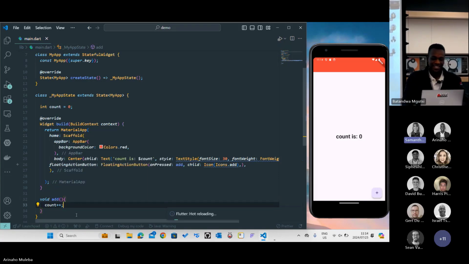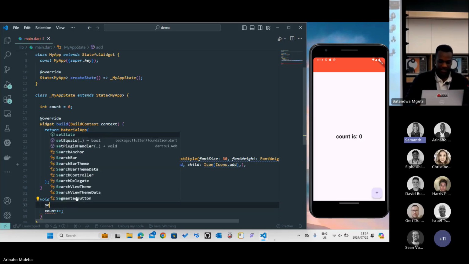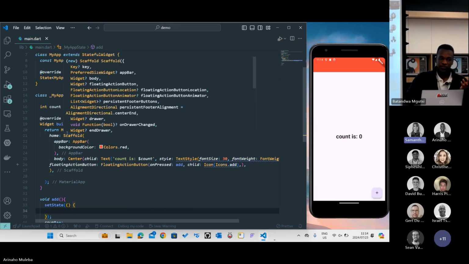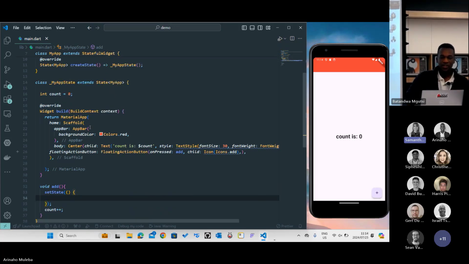But it's not as simple as that. The stateful widget gives you a method called setState. What it does is call the build method, so it just re-renders the widget and all the other widgets down the widget tree. So if we just take this and put it inside there and save, and I click add, you can see the count changing now.